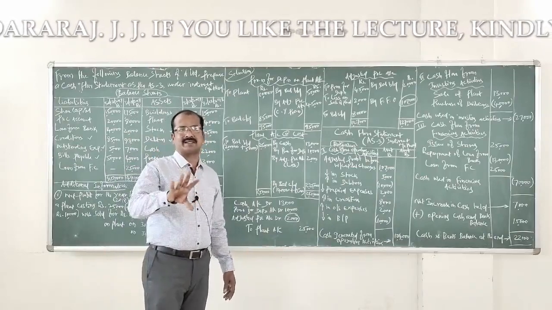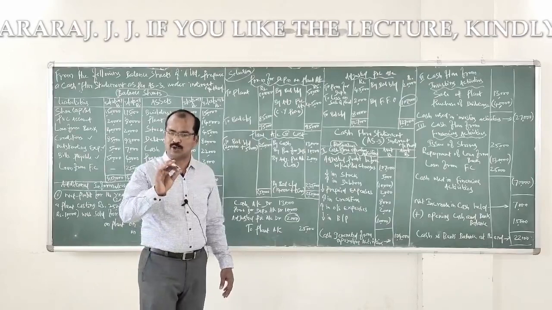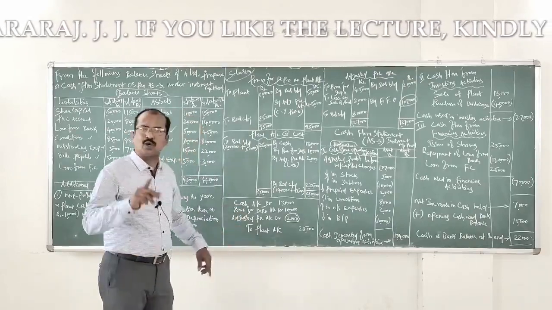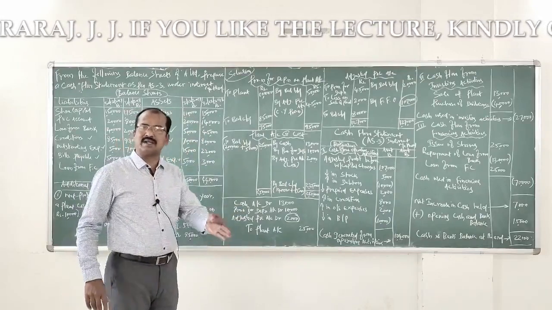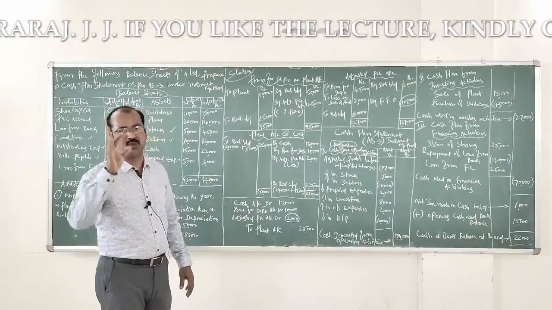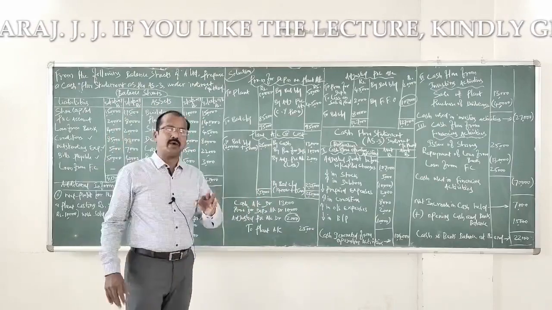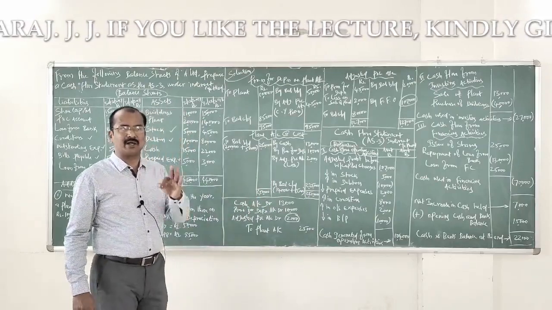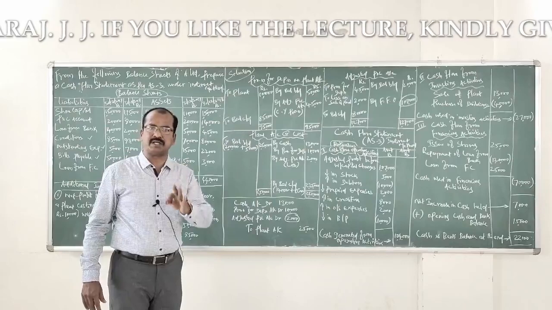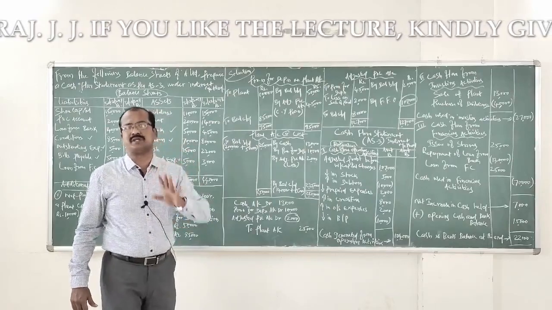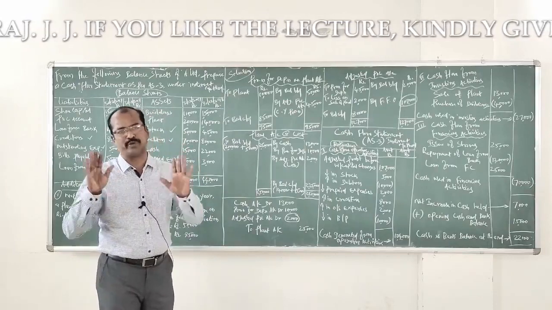To clearly understand this particular transaction, look at the journal entry that I have written. When the plant is sold for 13,000, what is it that we receive? We receive cash amount of 13,000. So cash account 13,000. Then the moment a fixed asset on which provision for depreciation is maintained is disposed of, the concerned provision for depreciation account should also be closed.